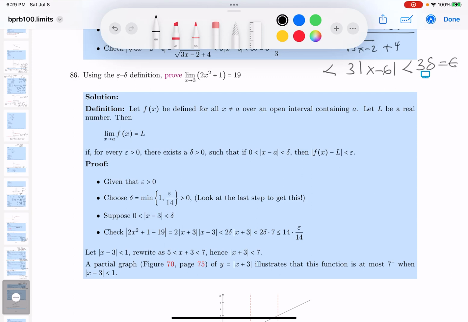Okay, so for 86, we're moving up in the numbers. It's quadratic now. And I see what they want me to prove. But let's write this down given. I'm given, boy, I really screwed up. Let me erase that. Given